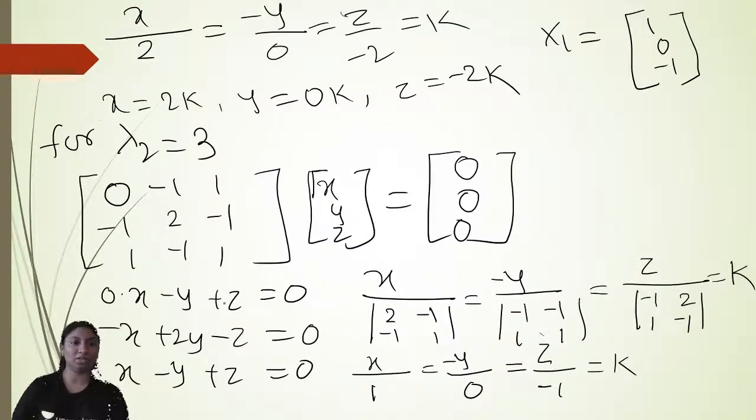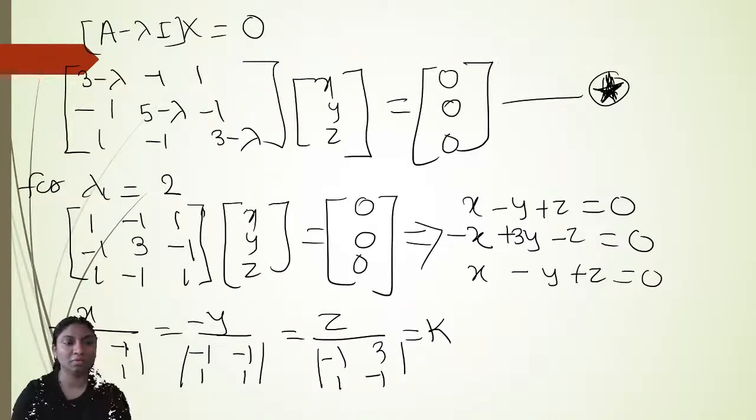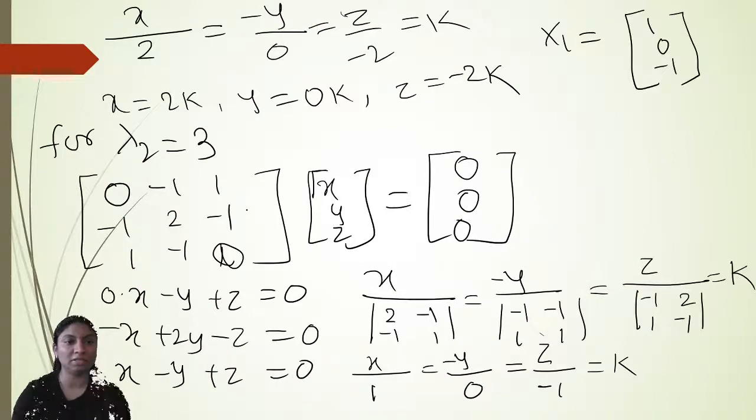So here you will get 0, 3 minus 3 is 0, 5 minus 3 is 2, and 3 minus 3 is 0. So here is 0, z, so we will draw somewhere. x upon 2, 0. Okay, so here is 0, plus minus 1, minus y upon 1, minus 1, minus 1, 0. So 0 minus of minus 1, so plus 1,